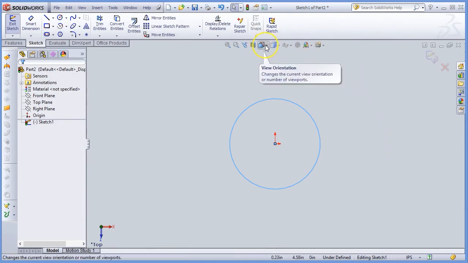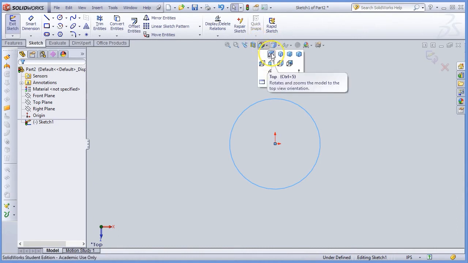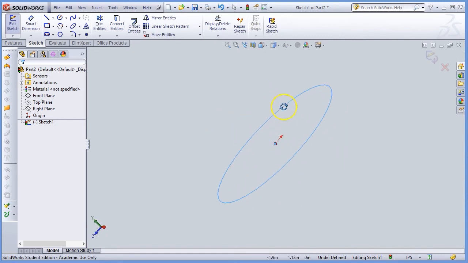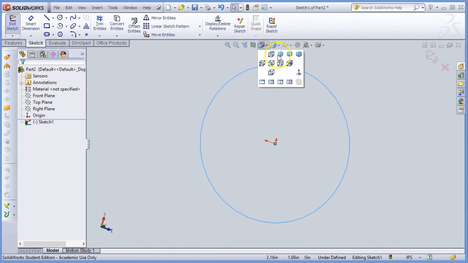Up here in the Heads Up toolbar, you can change your orientation. So right now we're looking at a top view. If you want to go to an isometric view, you can go there. So you have a whole variety of top, front, side, trimetric, dimetric. So basically you're just moving through these to change your different views. You can also, if you have a 2-button mouse with a clickable scroll wheel, click on the scroll wheel, and then you can basically rotate around the center of the selected object. So I'm going to go back to isometric view,